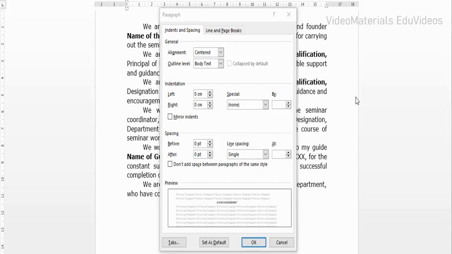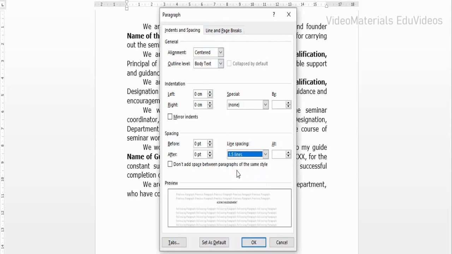When we click on that small icon, we can see a paragraph dialog box where we have indents and spacing, and line and page breaks. Within the indents and spacing option, I have line spacing where I'm going to give 1.5 line spacing, and after that I'm going to give 10 point spacing for the line. Now I'm going to click on OK.